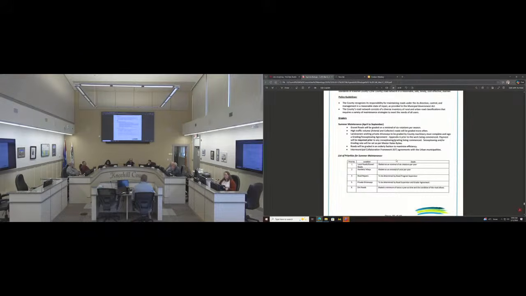It's just not there. Yeah, I mean, the graders are driving for an hour to get to some areas. They're not even doing a rotation. Once they get up to an area, they only do 3 miles here or 2 miles there and travel another hour to get to a different place. So I have a hard time with the level of service being there and the quality of work. And I do believe if we were back at 10 hours a day with 7 graders, we'd have a better outfit running, and we'd have more accountability. That way then our roads are basically getting done. They aren't getting done.